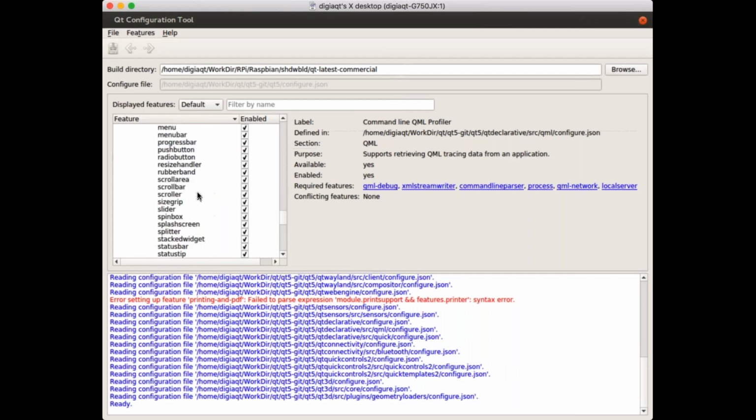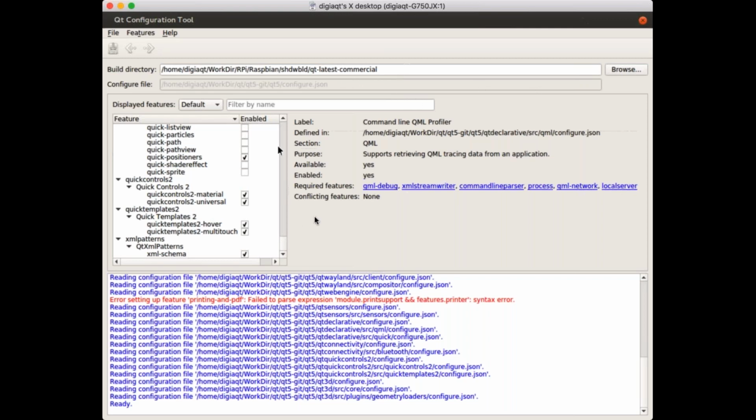I could also remove some of the widgets if I don't want them. Like if I already decided what my GUI would look like, and I know what I'm going to use, I can remove what I'm not going to need. For example, in the Qt Quick here, I have removed the canvas and views and particle and all OpenGL effects